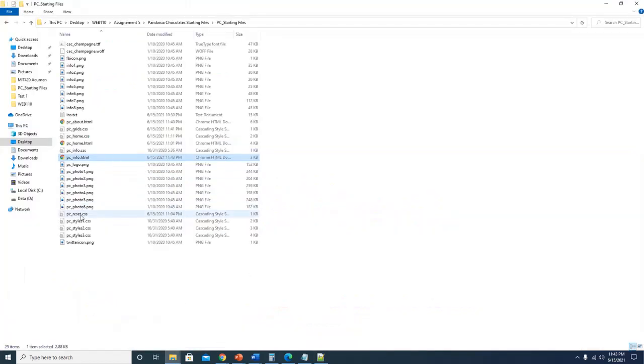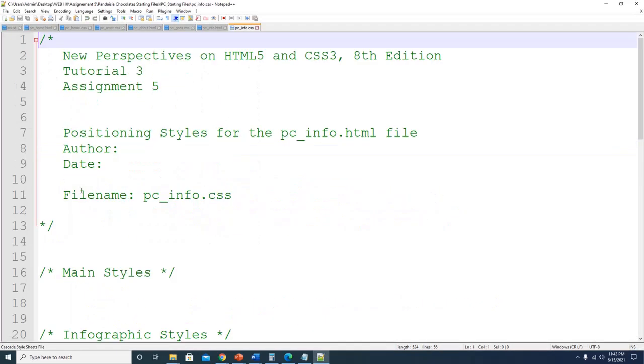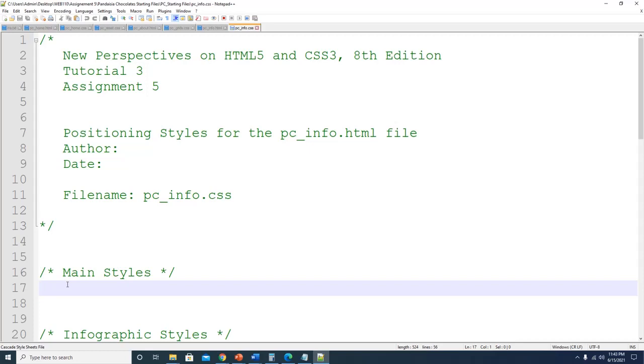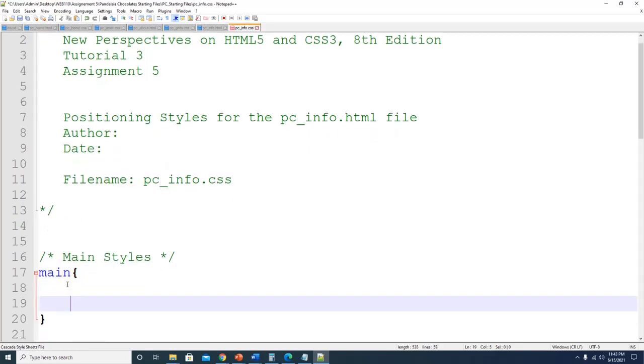So we're gonna go to starter files, and right click on PC info.css. I'm trying to find the PC info right there. Right click, edit with Notepad++. Again, fill the information up for the comment block. And now we're gonna create some styling for this. So now go to the main style section right there, and we're gonna create main, and we're gonna create a style position